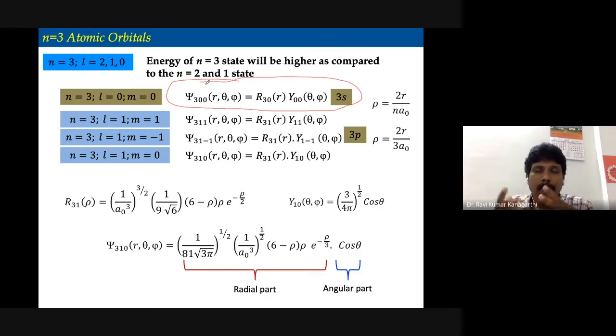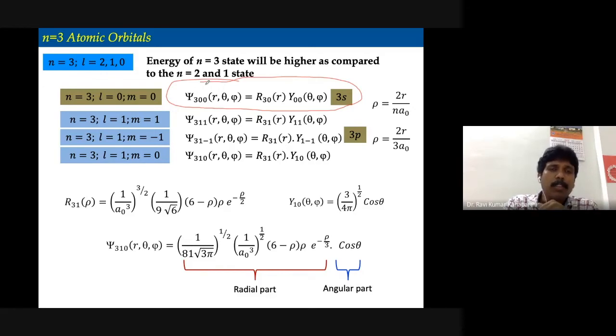Wherever we come across L is equal to 0, obviously M will be 0. In such a situation, we will have a spherical harmonic of Y00. That will be actually nothing but just a constant, 1 over square root of 4 pi. And R30 of r is a radial function, and it can be predicted, and all these radial functions are available. If you look into the standard textbook, Macquarie, you will get all those things, and then you can predict the shape. All those things are possible. I am not going to do those things, but I will see some other aspect.